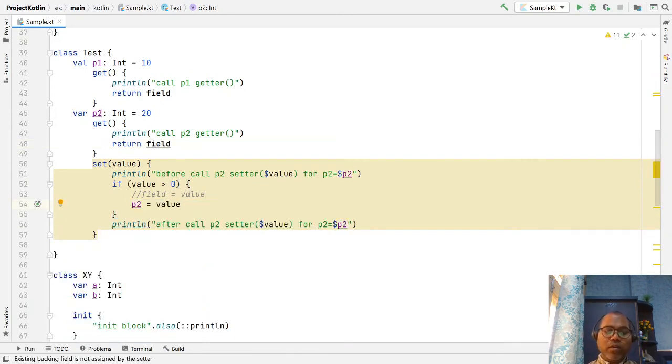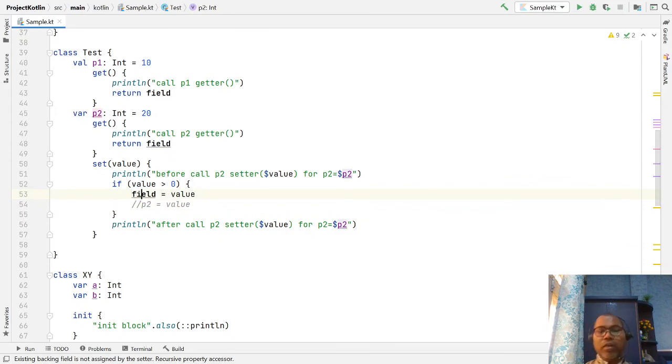You cannot manually change the particular field that is actually the storage; Kotlin does not allow it. If you want to change the particular field value, then you have to use the field keyword. This is the backing field. Now Kotlin internally changes the value of this property p2. Kotlin does not let you change it directly. So please be sure that whenever you are providing a setter and want to change the field value, you have to use the keyword field, which is internally bound to the property value.